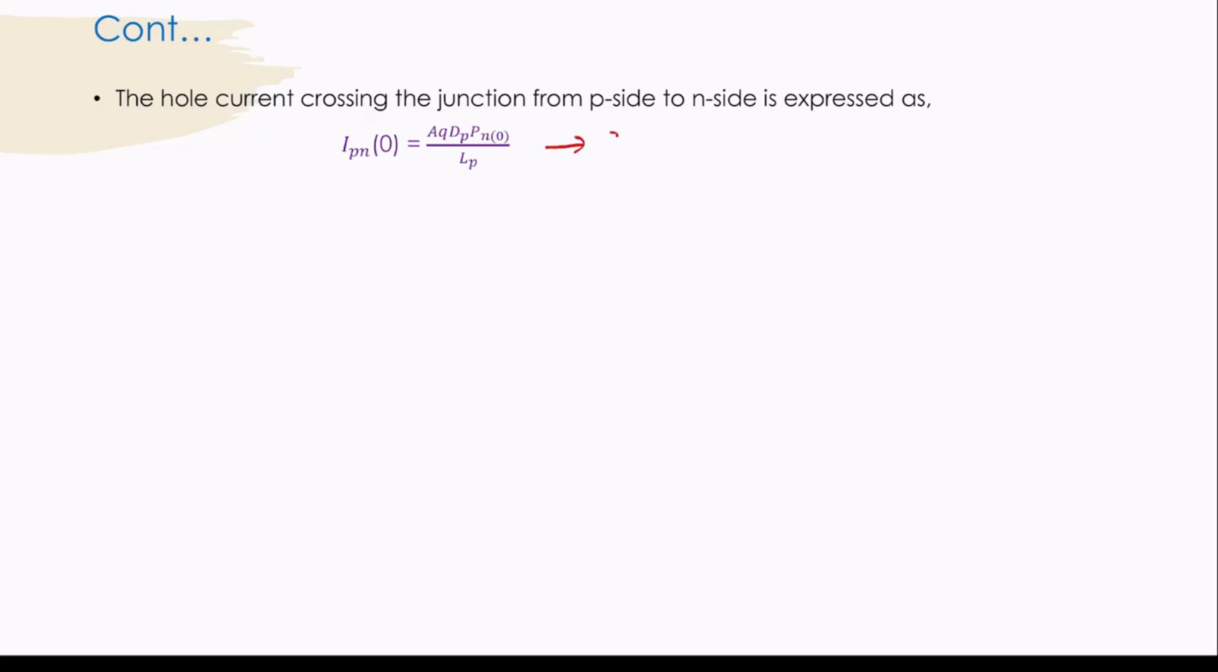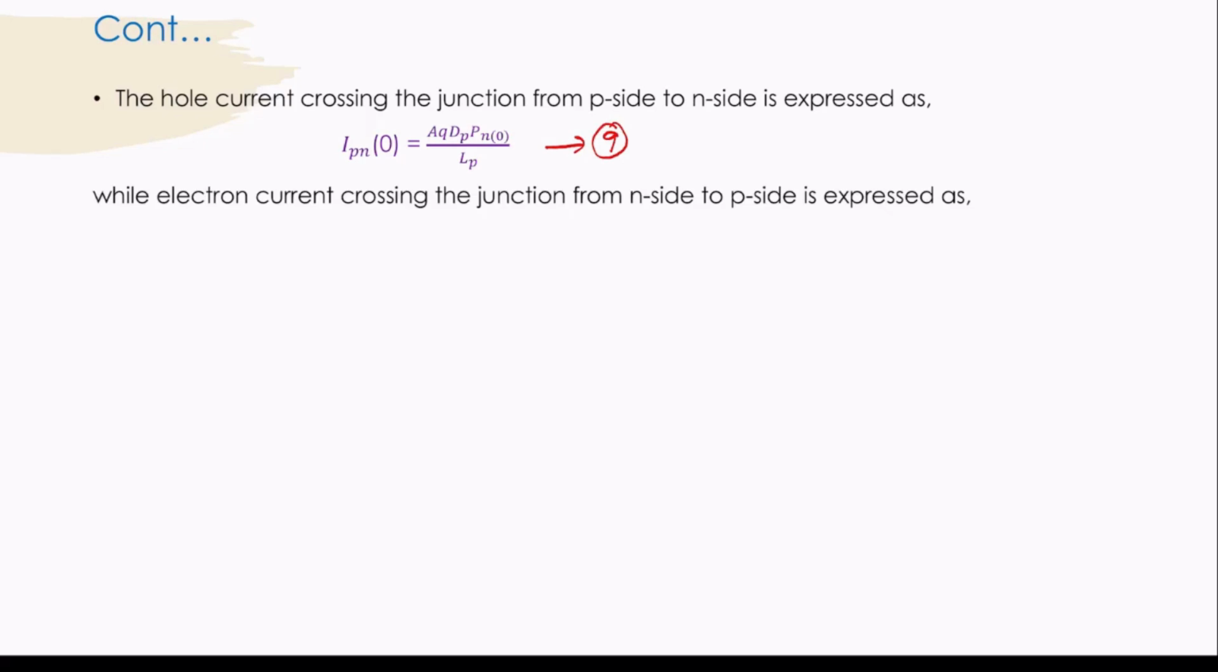Let it be equation 9. While the electron current crossing the junction from the N side to the P side can be expressed as I_np of 0 is equal to A q D_N n_p of 0 by L_n. Let it be equation 10,